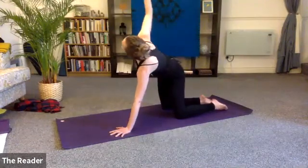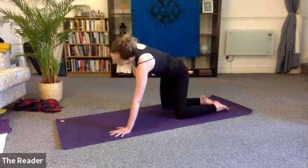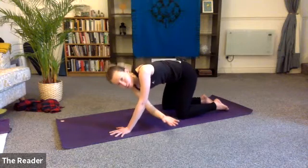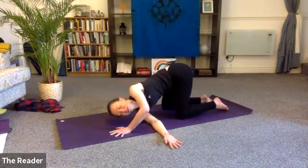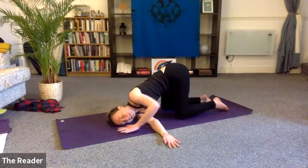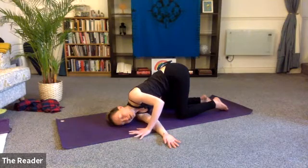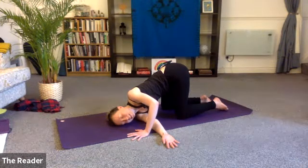The next time the right arm is up in the air, pause there, inhale, and then exhale to take the right arm through underneath the left, placing it to the ground and lowering the right side of the head onto the ground as well for arm thread needle. Take your left hand a little bit further away from your face so that you've got space there. And then a gentle press into the left hand,